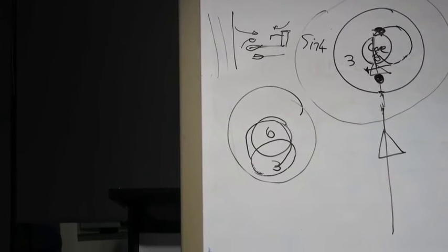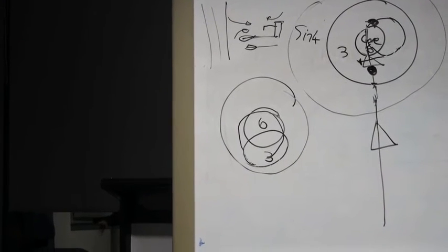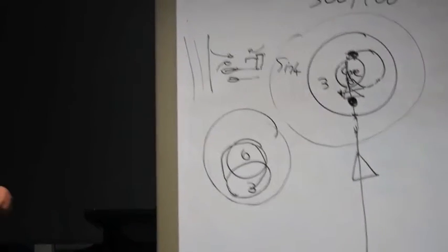So the idea is we're building up a mental picture. Every time we do a turn, we do a whole turn to try and build up a mental picture of which way the thermal is. We're doing the mental picture by the acceleration up and down. Very important when we're turning,